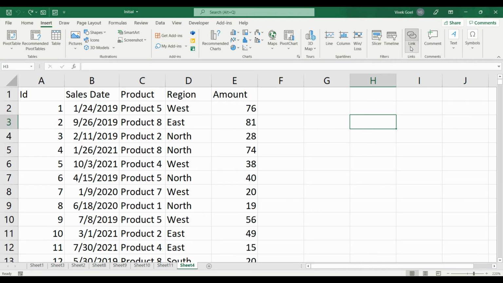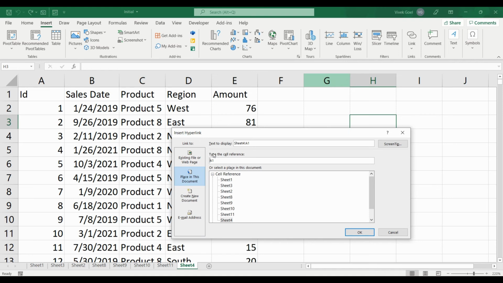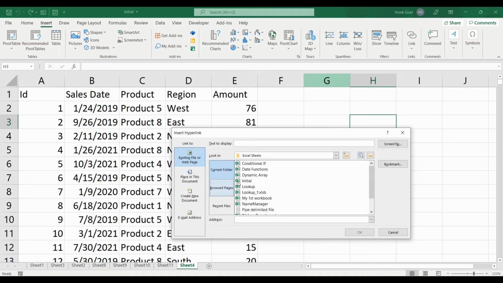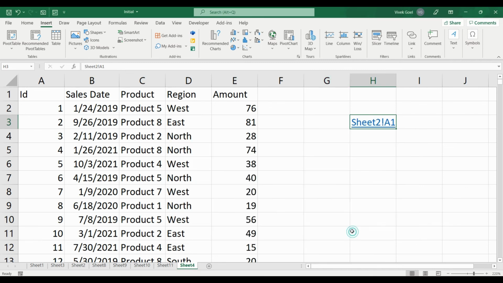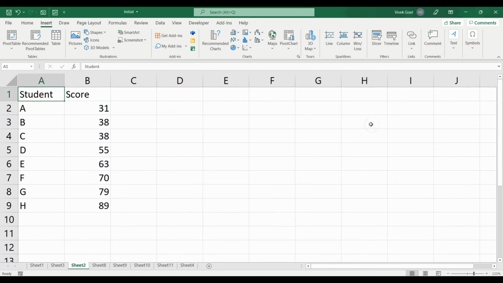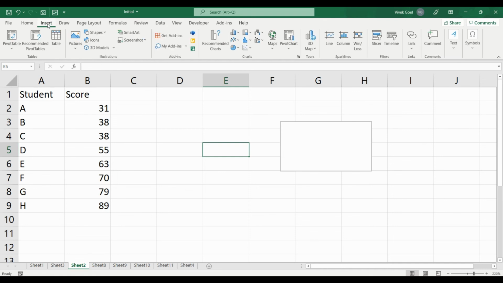Let's quickly discuss the link and text box options as well. The link option allows us to add hyperlinks to external websites and other worksheets. We can also link to a different worksheet in the same workbook using links. From the text option, we will use text box often when we are dealing with our reports and dashboards. This entire section will be used heavily when we discuss creation of pivot tables in detail in our next course.